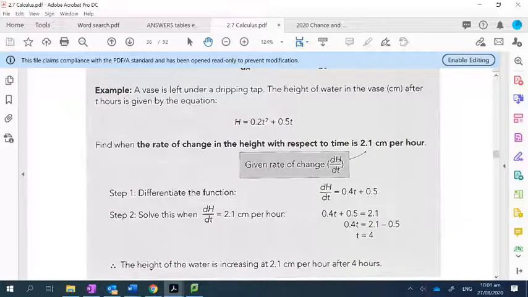So do you see that you're doing the same math? Don't get freaked out by the fact that they're talking about rate of change. Okay, all right, let's